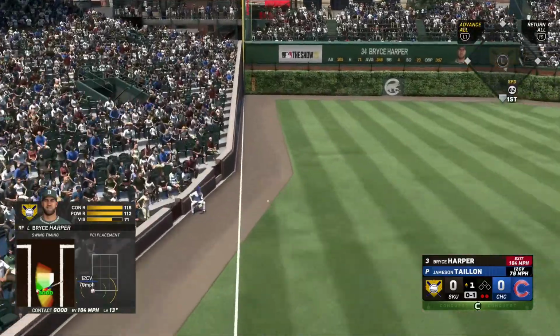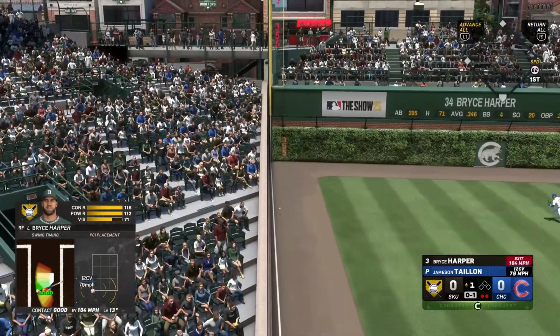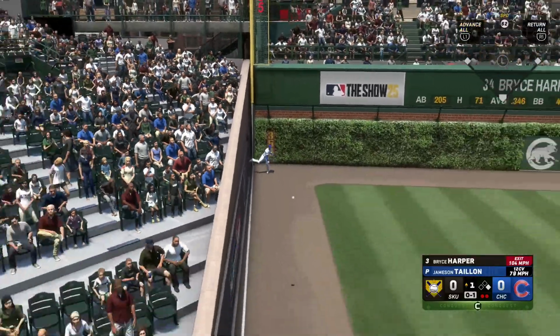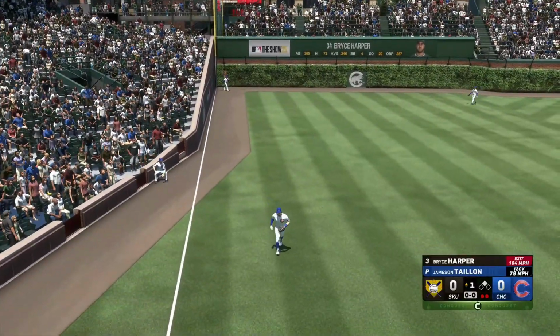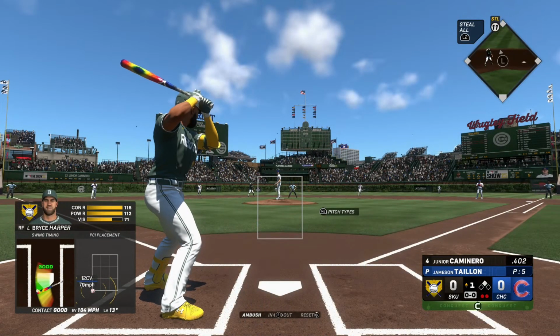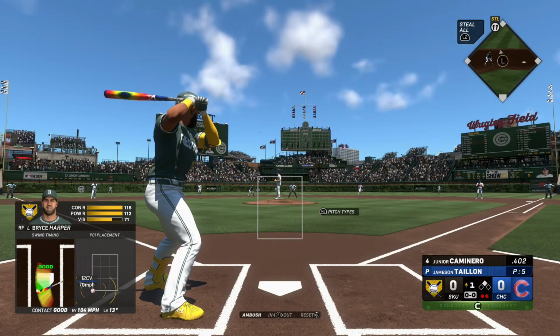Line to left. And that's a fair ball. Around first, heading for second. And he starts his afternoon off right with a double. Couldn't have timed it up any better than that. He recognized the rotation of the baseball out of the hand, stayed tall on the backside, and crushed that pitch